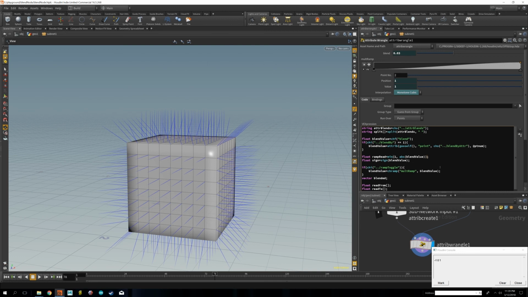Now, the reason we're doing that is because after that, we can multiply it by that negative value or the positive value. And so just for the sake of it, let's just do that right now. I'm going to say times sign. And the other thing that I want to do with this, because we can go over the top, and this is just going to be a multiplier, a blending value anyway, we can say that blend value,